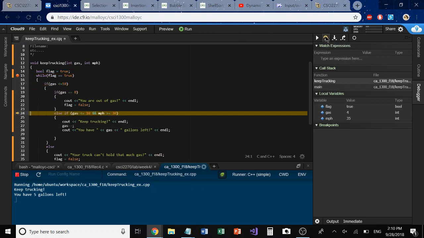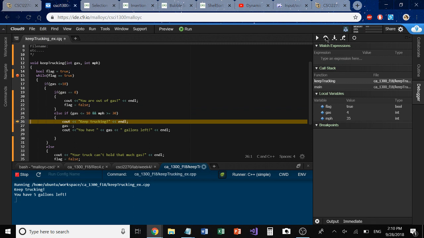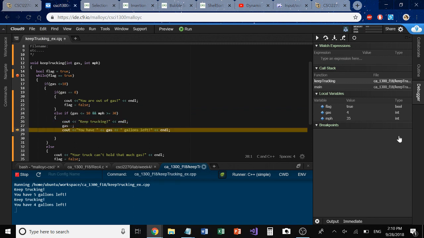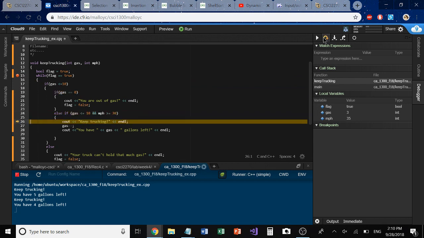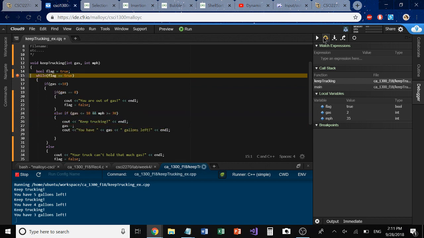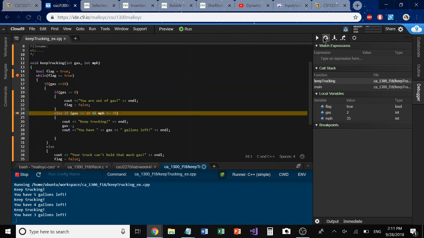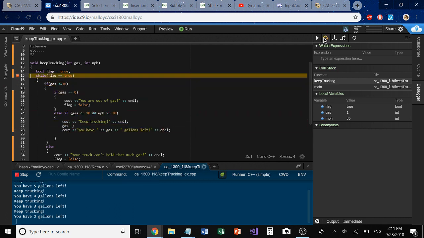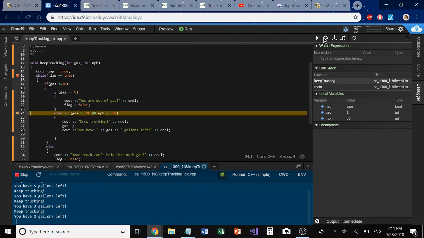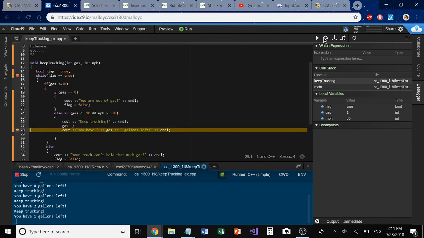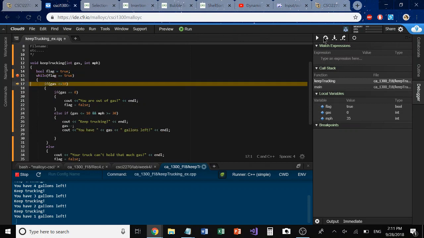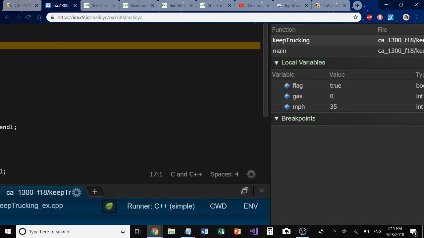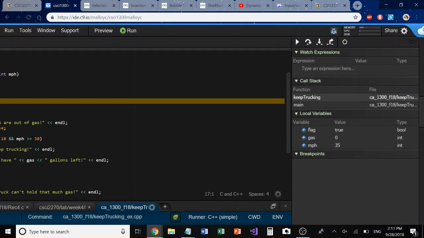Okay, so we're going to keep stepping through, and here notice that gas is getting decremented again and telling us how many we have. And we're going to keep doing this until our gas reaches 0. Gas is now 1. And we're on our last pass. Okay. So gas has now reached 0. Our miles per hour is still 35 and our flag is still true. However,